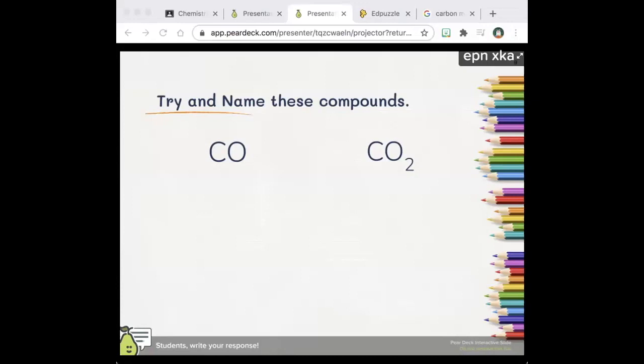Carbon oxide. Carbon oxide is not enough information. Carbon monoxide. Carbon dioxide. Carbon monoxide, and I see Jarrell is typing carbon dioxide. Okay. I said that. I didn't hear that. I'm sorry. Okay. You said it over me. Which one of these is carbon dioxide? The first one or the second one? Second one. The second one. Why do you think it's called carbon dioxide? Because of what Naomi said before. There's two oxygens. Very good. The first one is called carbon monoxide, which some of you may not be as familiar with, but